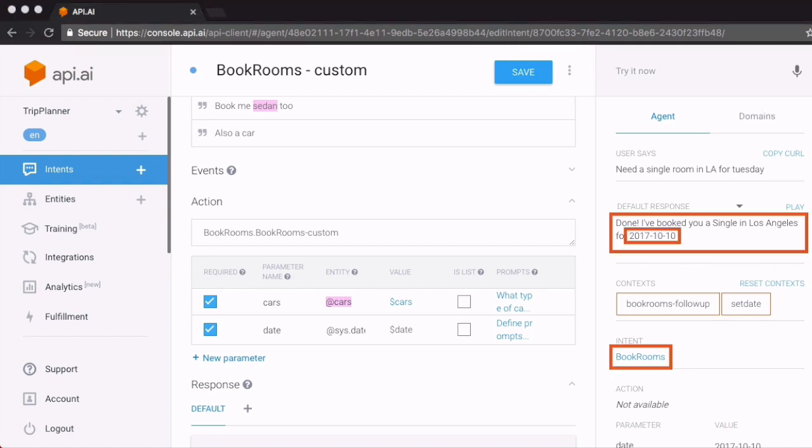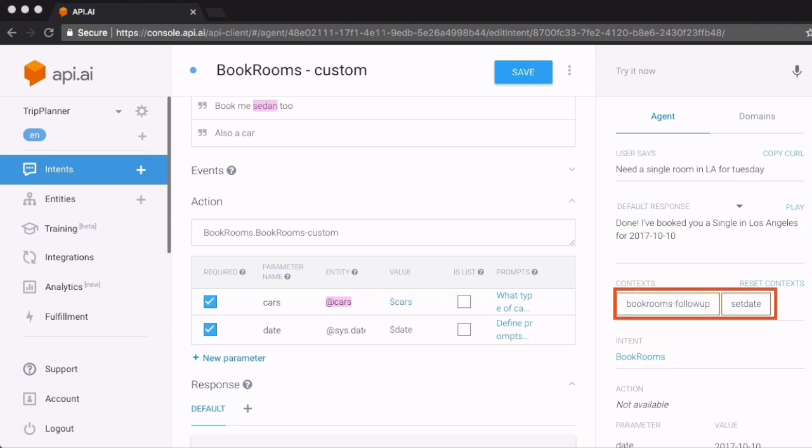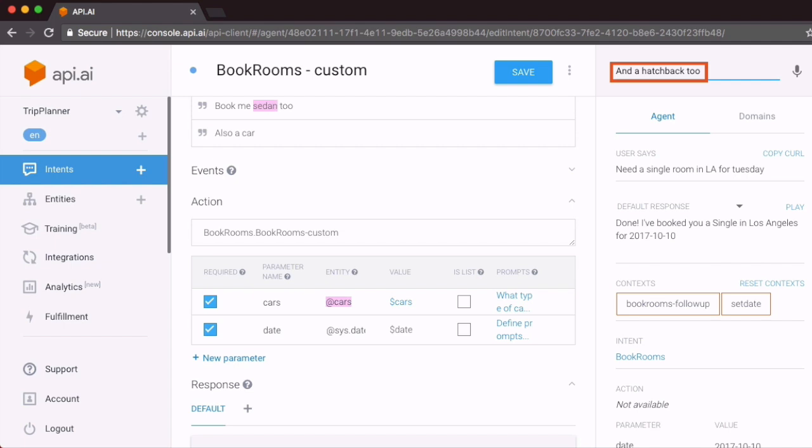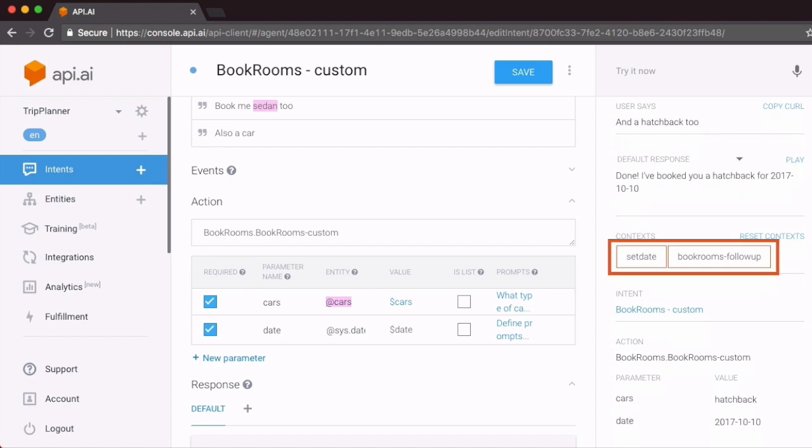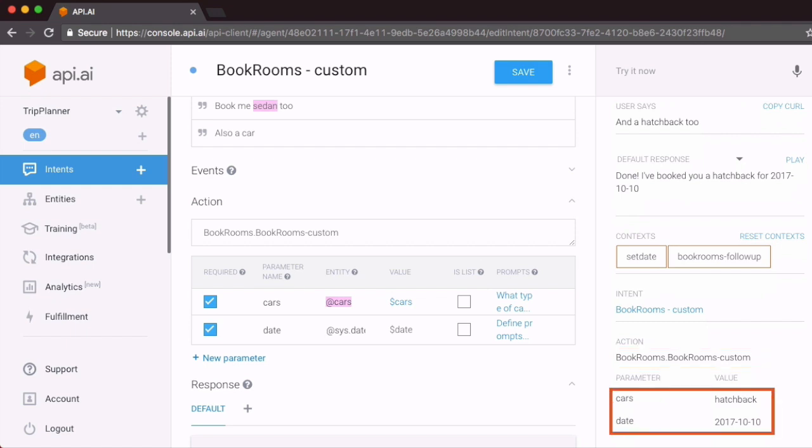We'll specifically work on a trip planner application which allows you to book rooms and book cars. You'll see how to have a natural, free flowing conversation with your bot and give it all the information that it needs in order to fulfill your request. You'll see all the information that's passed in to the bot in terms of context, the intent, the action that it has to take, and the parameters that it needs to receive in order to fulfill your request.